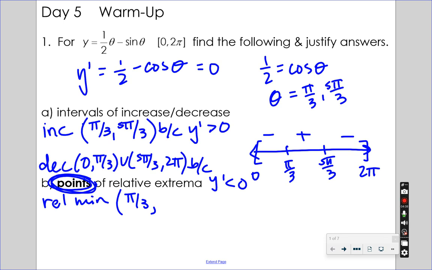Okay, so if I plug in pi over 3 up here, let's see, 1/2 times pi over 3 is pi over 6 minus, what's the sine of pi over 3? Yep, root 3 over 2. Do we remember our justification for a relative min? Because y prime goes from